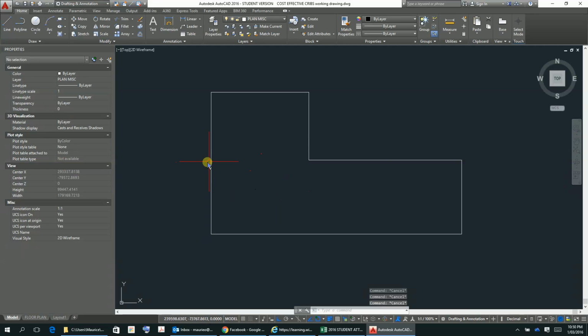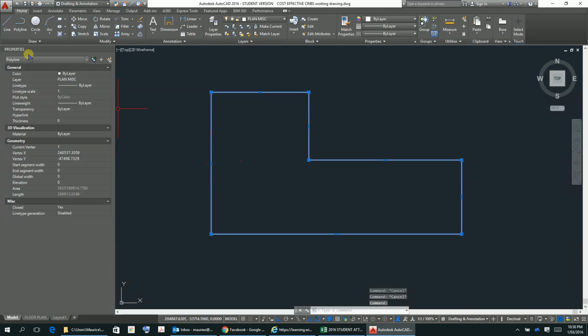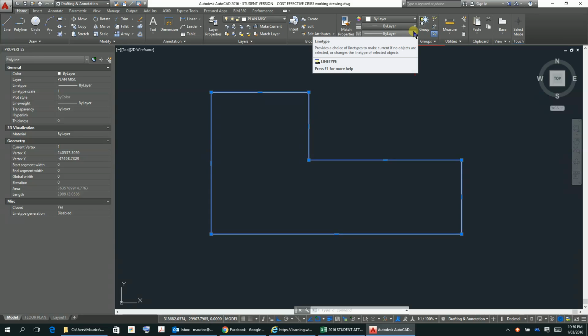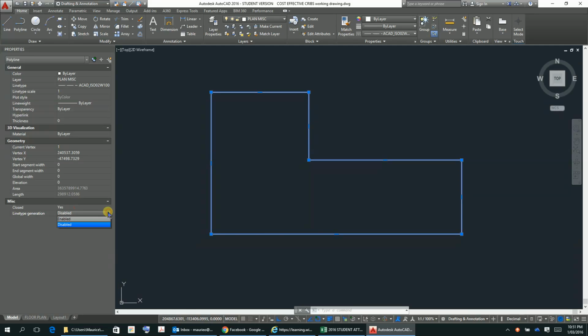So there we are, we have our polyline up here, and if you look up here in the properties, there's the polyline. Obviously it has a layer. You can change the line type. It's just like any other line. This one here is closed. Line type generation is disabled, but you can turn that on. So for instance, you could have a particular line type, say for instance this one here, change it to that line type and then enable the polyline generation, and